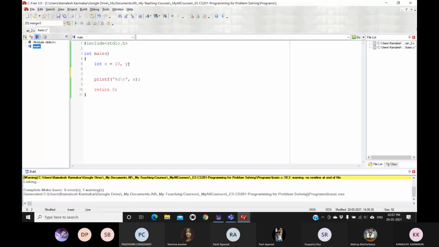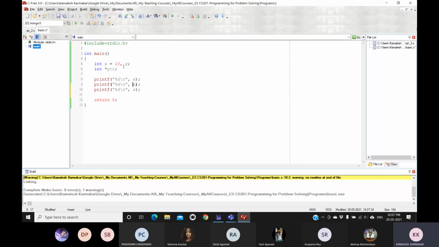Now, the other thing which we want to discuss here is that let us declare a pointer variable and I'm naming it ptr. If I declare this variable in this way, it's a normal variable, it will act similar to x. But if I want to declare a variable as a pointer, I have to use star before the variable name. So what will happen? Let us try to understand what is going to happen here.